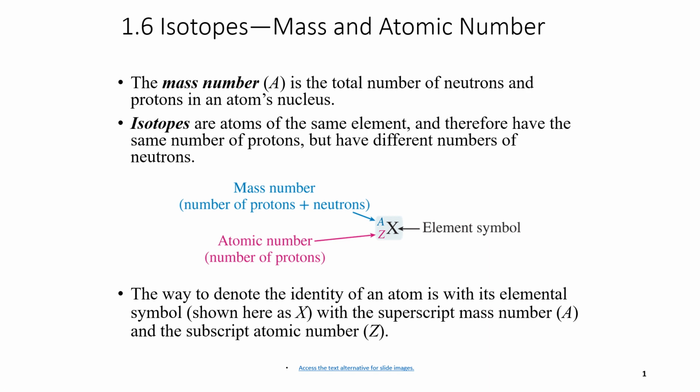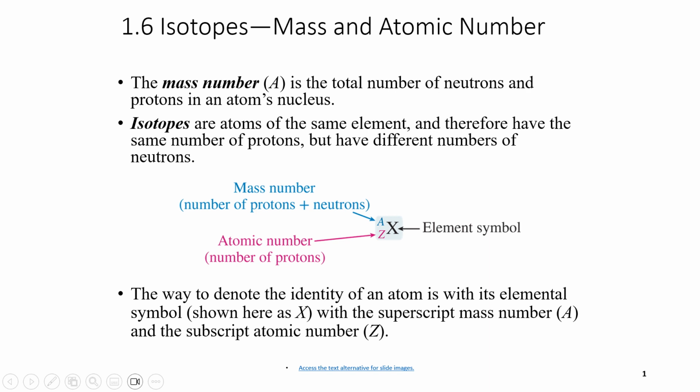In this video, we're going to review the atomic number, talk about mass number, isotopes, and figure out how to calculate atomic masses for all elements in the periodic table. We said that the atomic number, denoted by Z, is the number of protons that each element has in the periodic table.